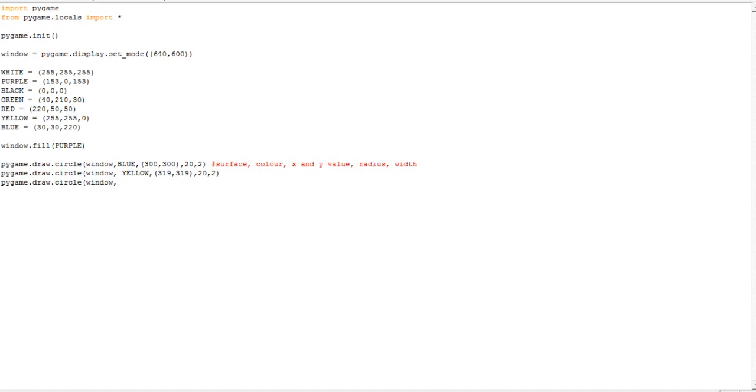Window, black, 342, 300, 2. pygame.draw.circle, window, and then a comma, and then open parentheses again, 365, I'll put it to this time, 365 across, 319 down, because it's equal to yellow, because that's where it is on the Olympic symbol, and then 20, and then 2, and then the last circle